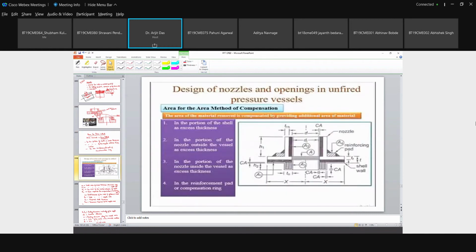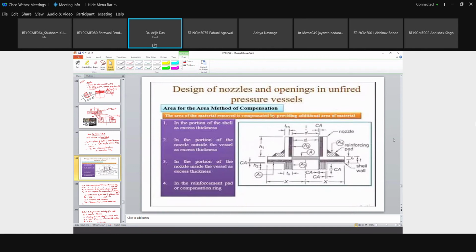Now you draw perfectly this picture, this diagram. I will send it, although for your class note you draw this. For that I am giving you 5 minutes. You draw this figure particularly. You draw it by hand. And this nomenclature, that is the CA, A, X, H2, H1, we will all use in our calculations. So you have to clearly understand this.